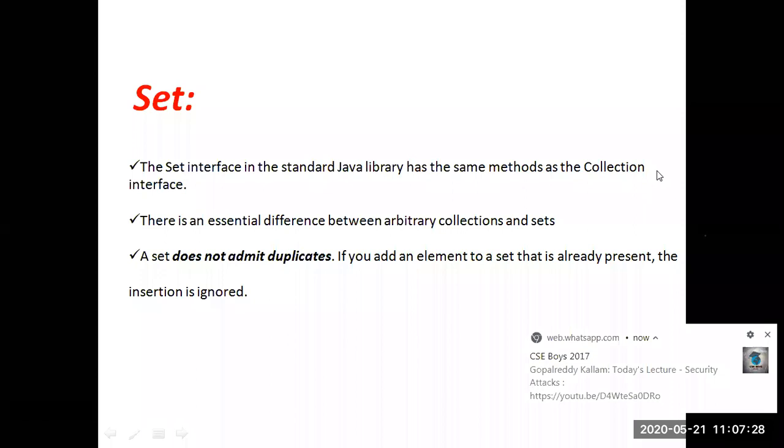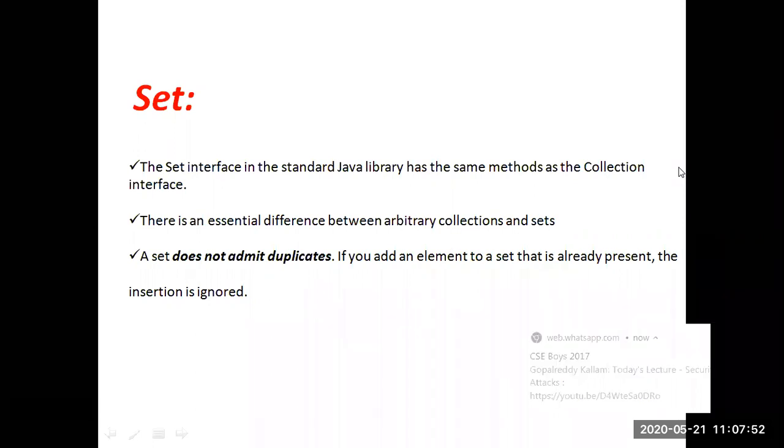The main point to remember is that a set is also a collection of elements, but it can't accept duplicate values. I think all of you have some brief idea about sets and how a set looks. In mathematics, we have already seen the set of numbers. Now, when we come to set creation, guys, are you following?